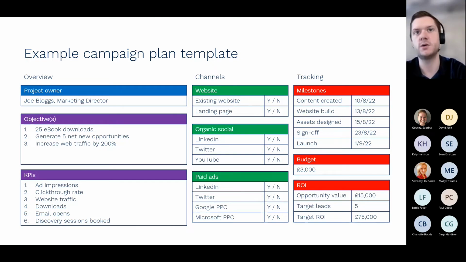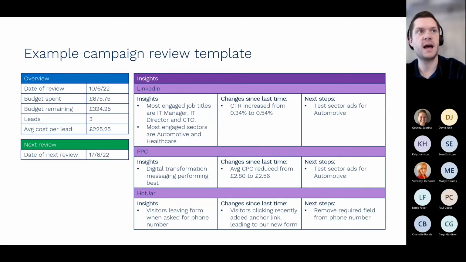And then what are the milestones that we are going after? So plan is signed off today. What are the steps we need to do? How are we going to make sure that this plan is enacted on time? Ultimately, project owner is then responsible for making that happen. And then the last template we've got in here is just around the campaign review template that we use here at Active Profile. And if we've worked with you on any campaigns, this is the sort of process we've taken. So we'll do a review every 3, 5, 7 days, a more formal one.